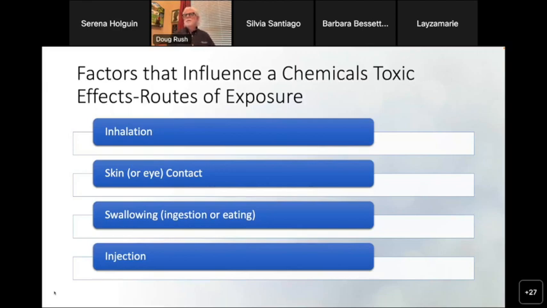These are some very simple things that go along with the ARECC process. These are typically the four routes of exposure, which I'm not going to go over, but I think so many times, many of us forget the importance of the last three. We focus on inhalation. And the last three, skin contact, what we can absorb in our skin is just as important, or maybe even more important than the others.